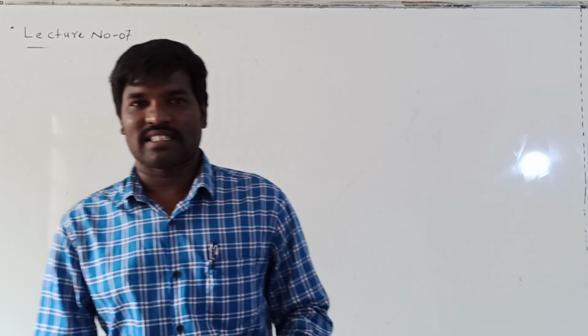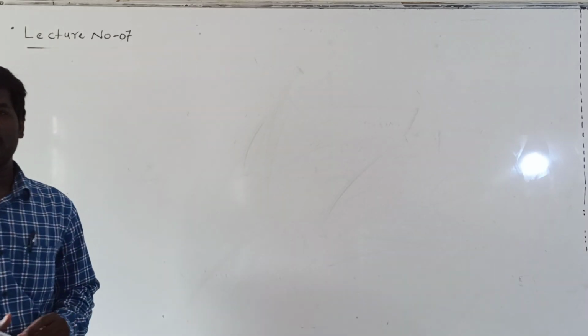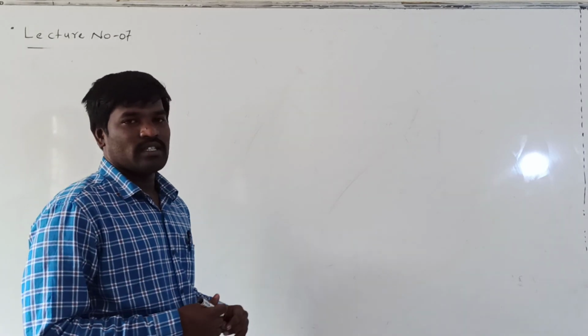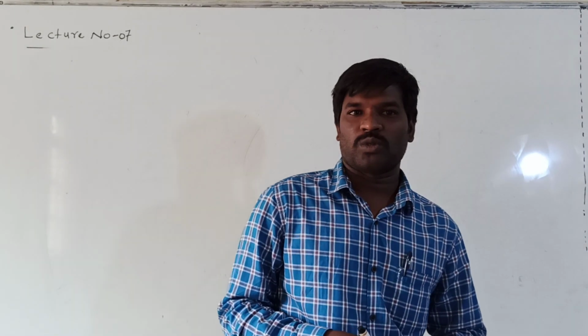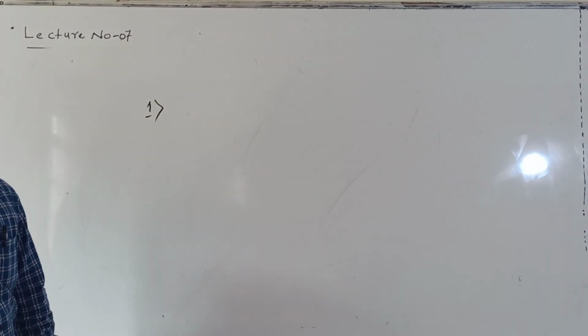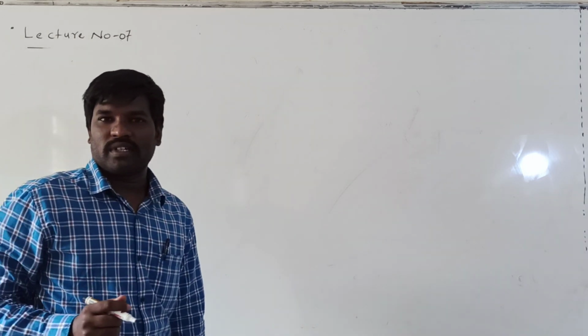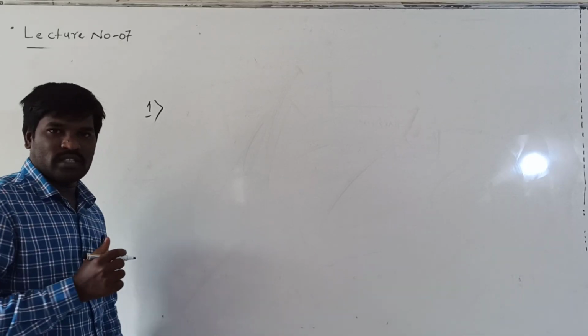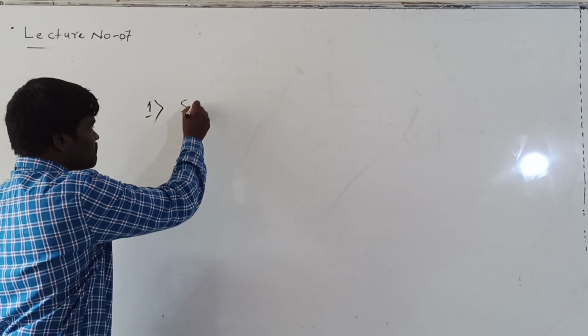Dear students, in the last class we discussed the basic programs of C++. Today again we will discuss some more programs. So the first one is to find the square of a number. If you want to find out the square of a number,